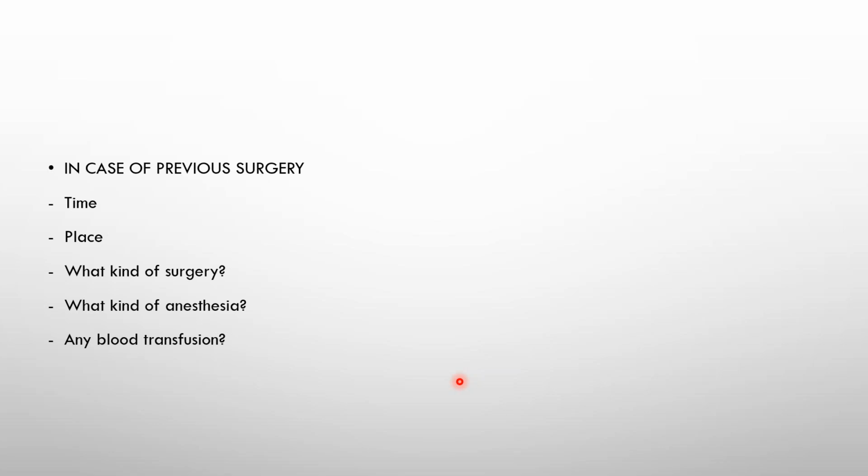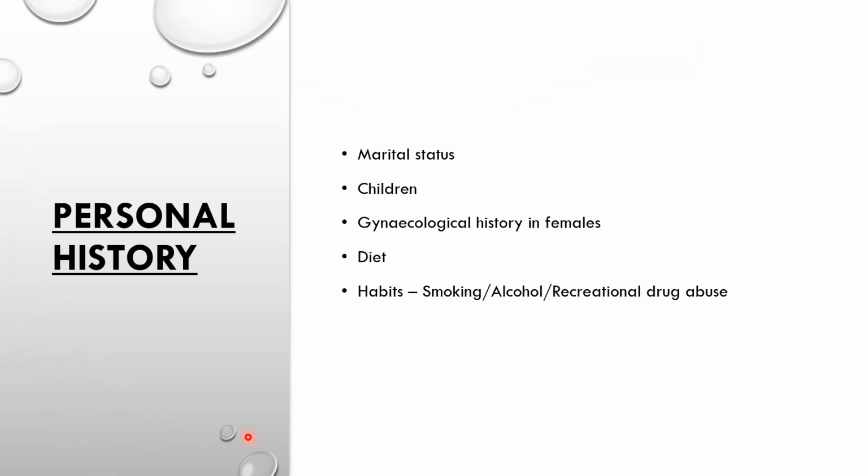So with that also, you'll be able to plan surgically ahead for this patient, that if I'm planning to do a surgery, I might have to give GA for this patient, even though I can usually do it under local anesthesia, right? So for the repeat procedure, it's very important you know how the previous anesthesia was given and why, if at all it could be done under local anesthesia, they were given general. And any history of blood transfusion you should ask.